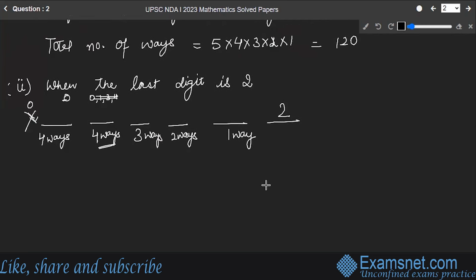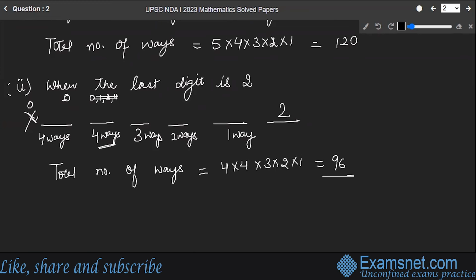So what is the total number of ways? That is equal to 4 into 4 into 3 into 2 into 1, which is 96. Similarly, when the last digit is 4,